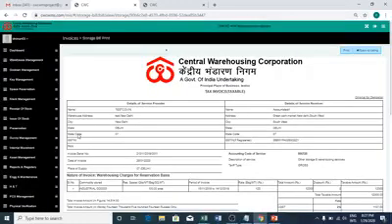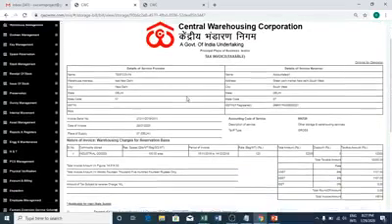I print the bill. You can see here on the left hand side the details of the warehouse in which this dedicated reservation has happened. This is the details of the service provider, in this case the warehouse. On the right hand side, the details of the service receiver, which is the depositor, his details, his address, and his GST number.